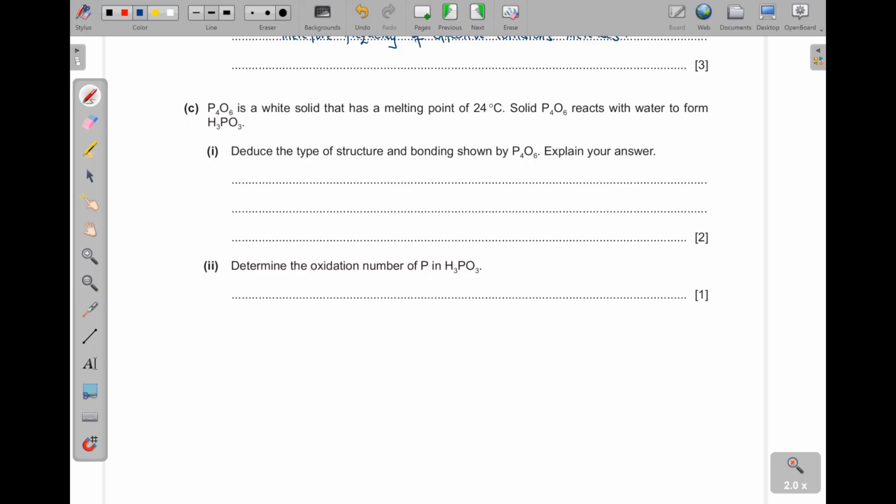phosphorus oxide. This one here is a white solid that has a melting point of 24 degrees C. Then this solid here reacts with water to form phosphorus acid. Deduce the type of structure and bonding shown by this oxide here. Explain your answer. Now, the fact that this one has a melting point, which is 24 degrees C, room temperature,